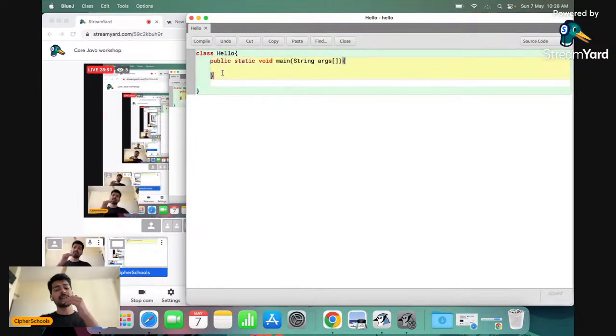Now, there are certain code editors which give you a suggestion. When you just write public, it will suggest the entire line, static void main String args. Personally, I feel if you're at a learning stage, do not use those editors, because you will be relying more on the editor versus your brain. So invest at least one month, or two or three months, by writing it yourself and not relying on those smart editors.